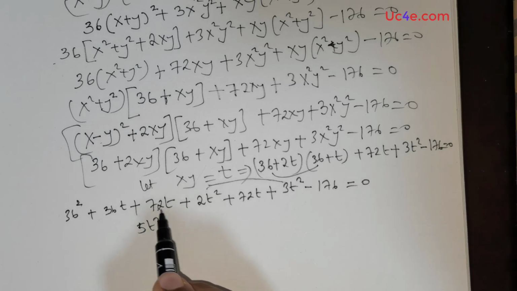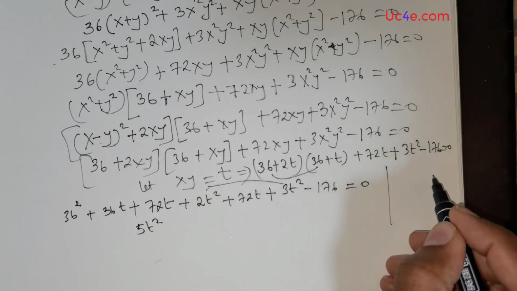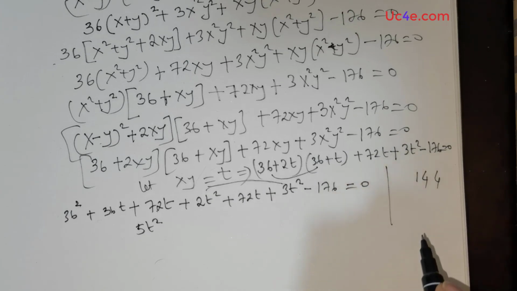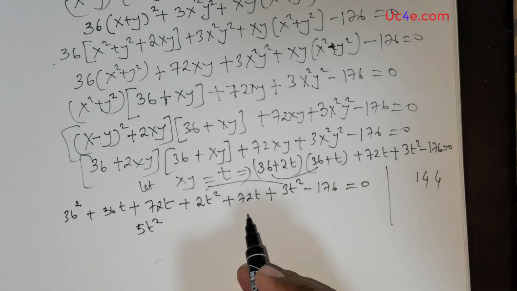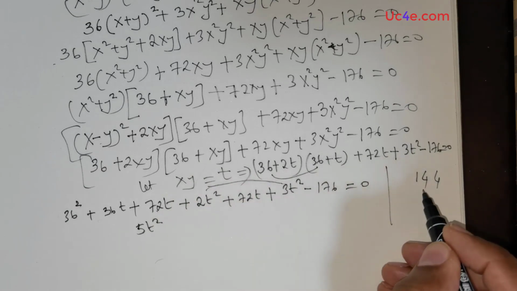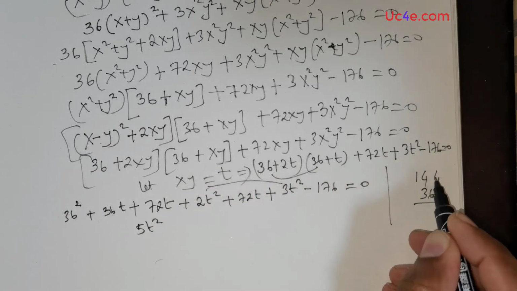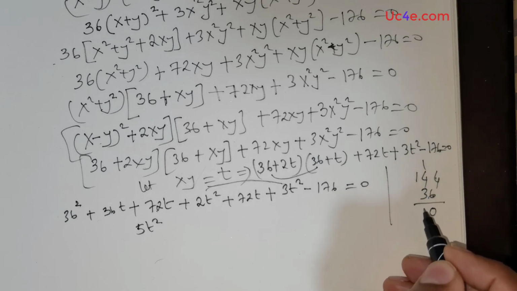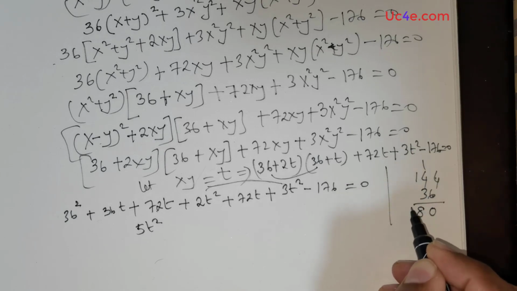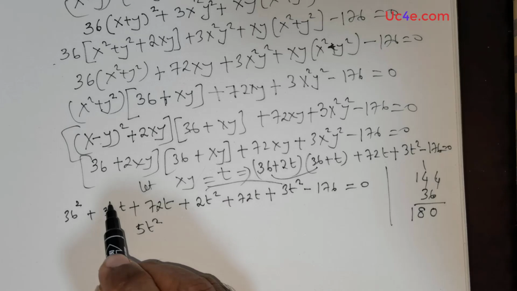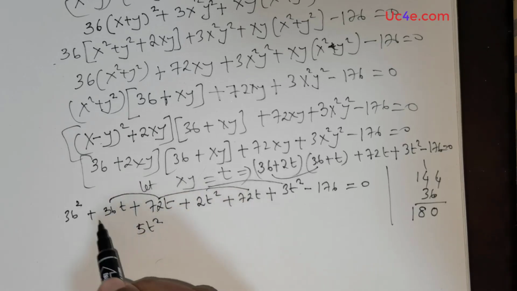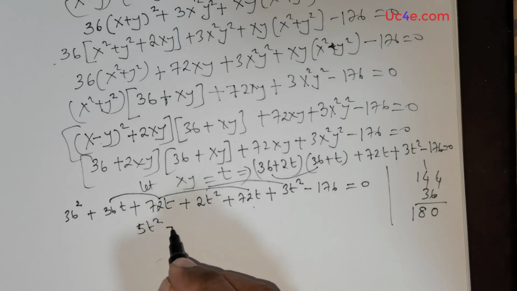Now you got 72 and 72, that's going to be 144, and along with that, you got another 36. That's 180. So I added all of these three things, thereby I got